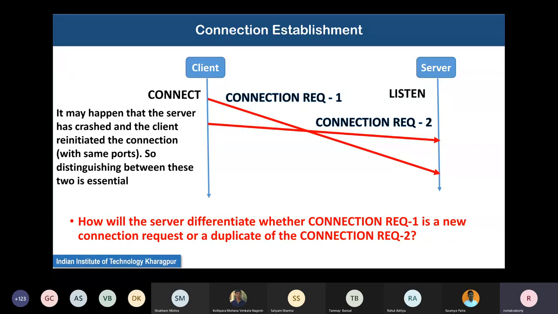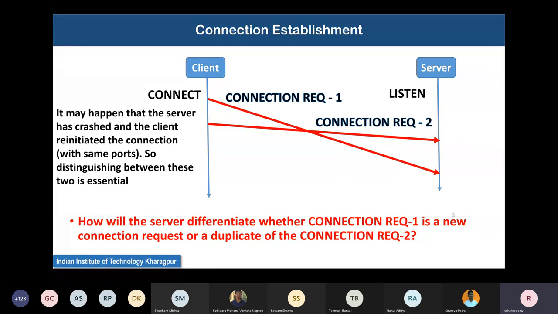So I will reject it. How does the server know? Well, in the time between connection request 2 and the time at which connection request 1 reaches it, in this small interval of time, it is remembering the history of this connection request